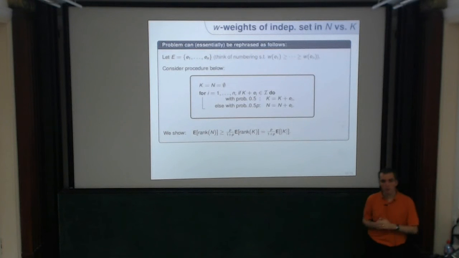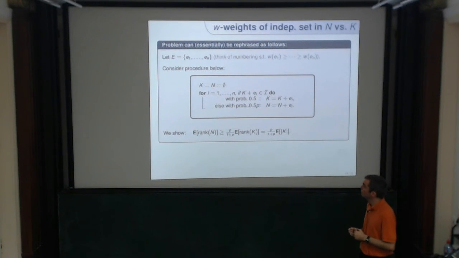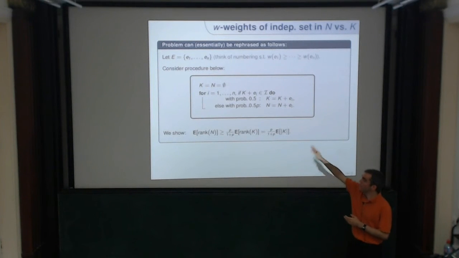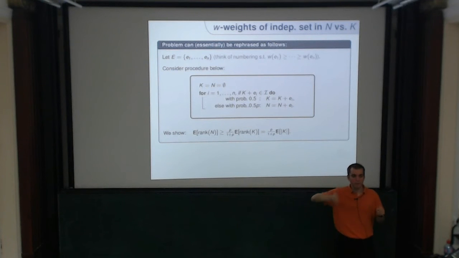I think about the following procedure. It looks like a different problem, but you will probably get the link once you understand that problem setting. Forget about weights for the time being. I give you a matroid, and I number the elements in any arbitrary way, let's say E1 to En. Now I have two sets K and N, and I will go through those elements one by one. Whenever I can add an element to the set K, preserving independence, then with probability 1/2 I add it to K, and with probability 1/2 I add it to N. So both sets K and N grow.